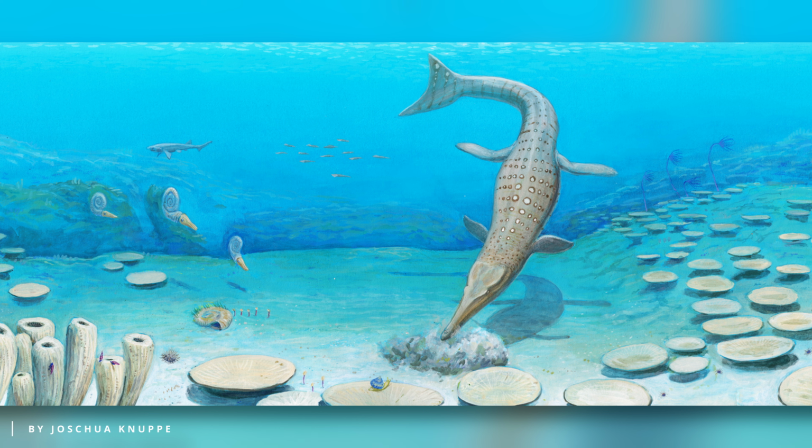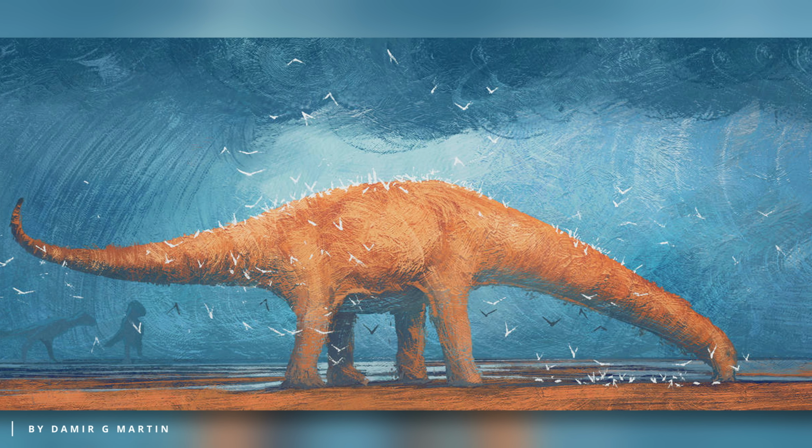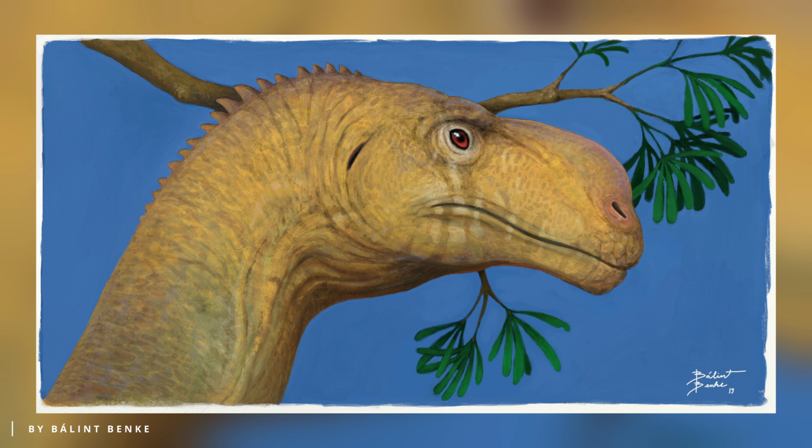The fundamental question is, however, why would any animal knowingly swallow a rock? The purpose of gastroliths has long been a topic of debate. One theory suggests that animals ingest rocks to alleviate hunger by filling up space in their stomachs, giving them a feeling of fullness. A more plausible explanation, however, is that prehistoric animals, much like modern ones, ingested these rocks to